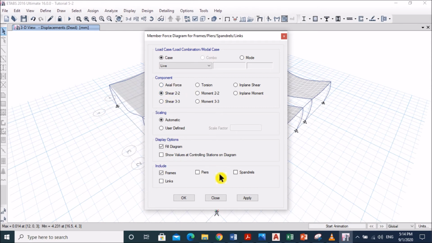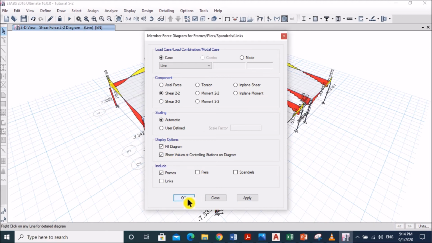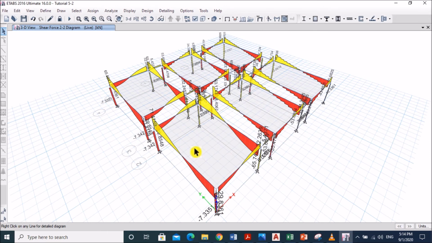Then show the values of controlling station. Click here and apply. Okay, now you see the force result for each element, right? These two are membrane element, these two are thin shell element, and the rest of these two are thick shell element.